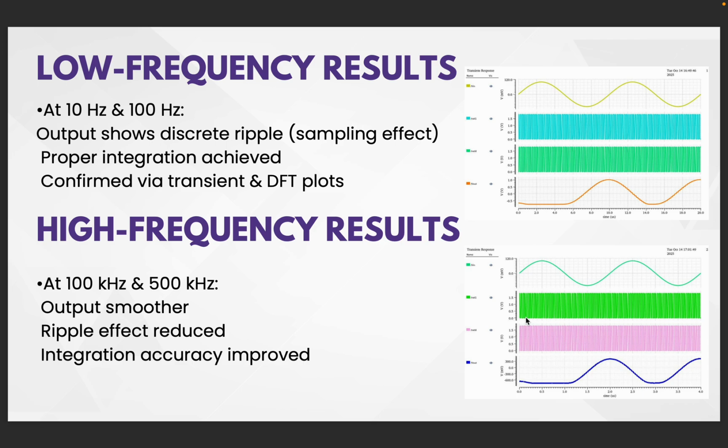However, when we plotted the total harmonic distortion versus frequency, we noticed that THD remained very low at low frequencies, indicating excellent performance. But as the input frequency approached the circuit's bandwidth limit, THD began to rise. This increase in distortion mainly occurred due to incomplete op-amp settling and switch parasitic effects. Overall, this result shows that the circuit performs efficiently within its operating range, but experiences distortion at higher frequencies, which